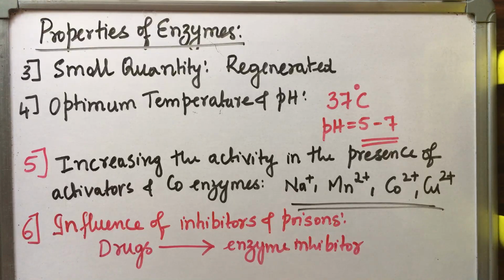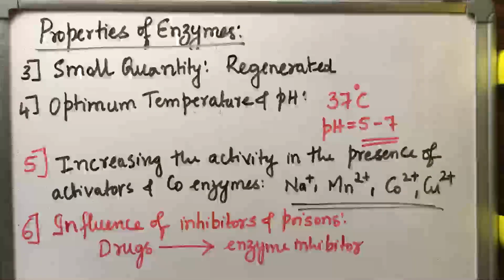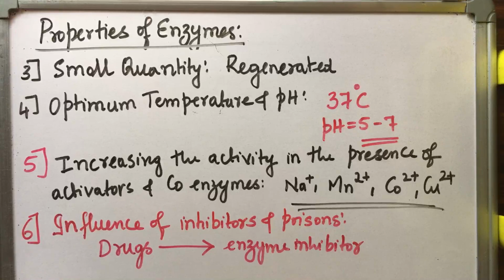It acts as an enzyme inhibitor. I think all the properties of enzymes are very clear to you, students. What are the important properties of the enzyme catalyst that we have studied? So enzyme catalysts are highly efficient. I have given you an example. Enzyme catalyst increases the rate of a chemical reaction by 10 to the power 8 to 10 to the power 20 times. I think this point is clear, students.